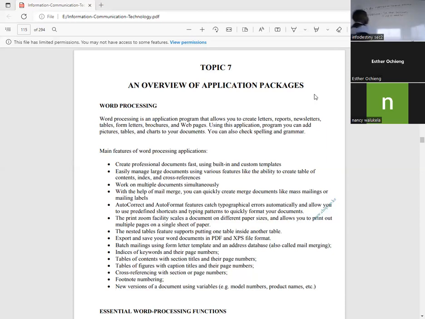The term software is used to describe the complete